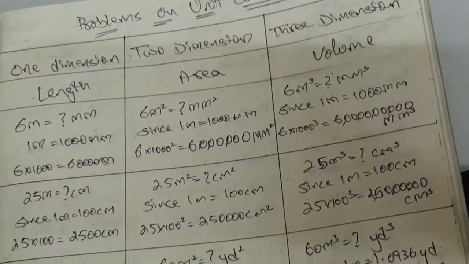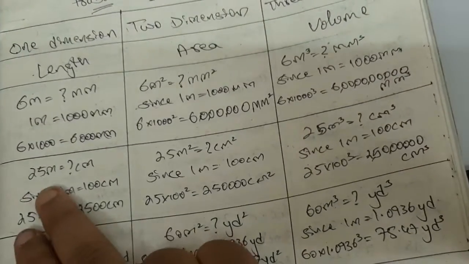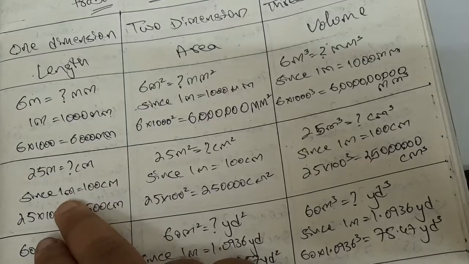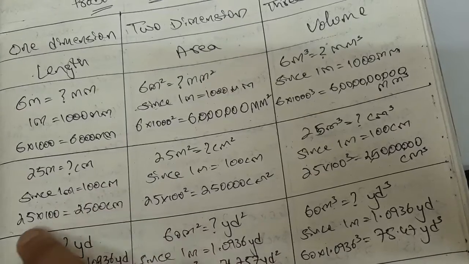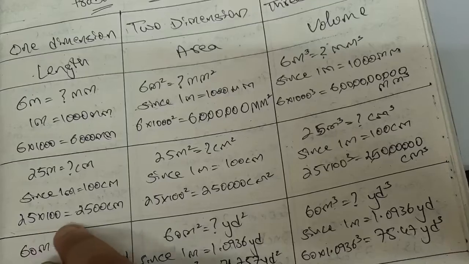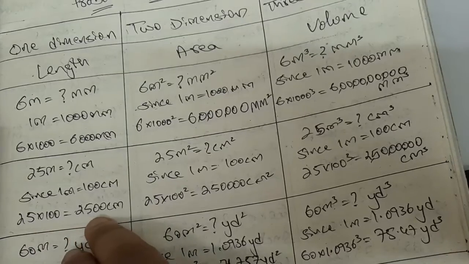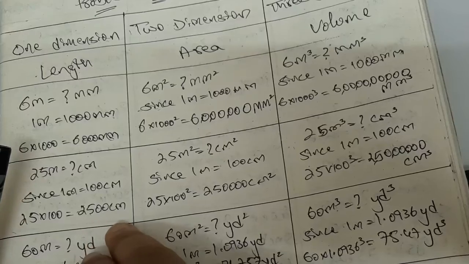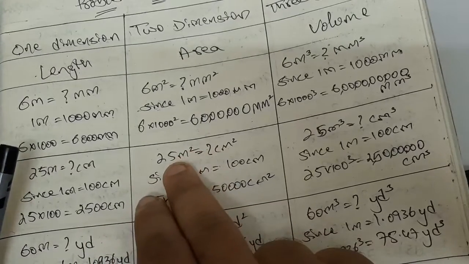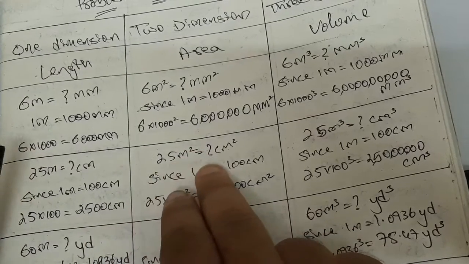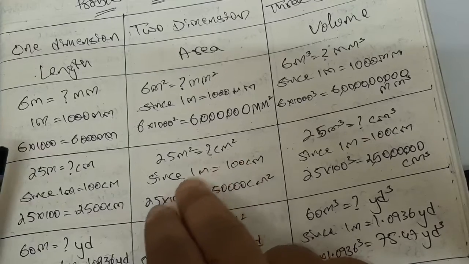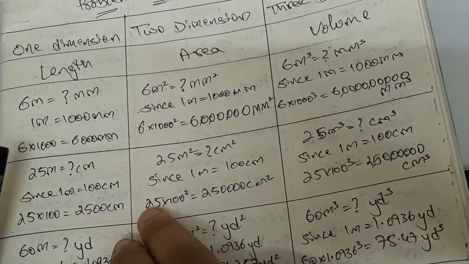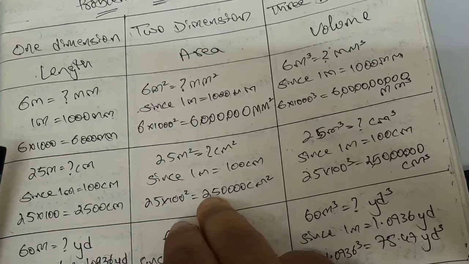Now next problem. 25 meter is equal to how many centimeters? Since 1 meter is equal to 100 centimeter, we multiply 25 with 100, which gives us 2500 centimeter. So 25 meter is equal to 2500 centimeter. Now in the two dimension we have 25 meter square is equal to how many centimeters square? Since 1 meter is equal to 100 centimeter, we multiply 25 with 100 square, which gives us